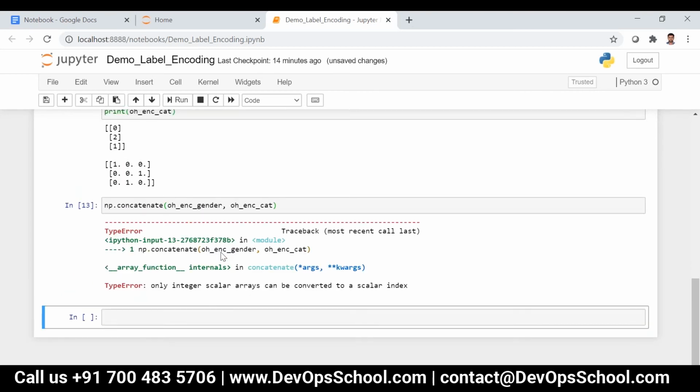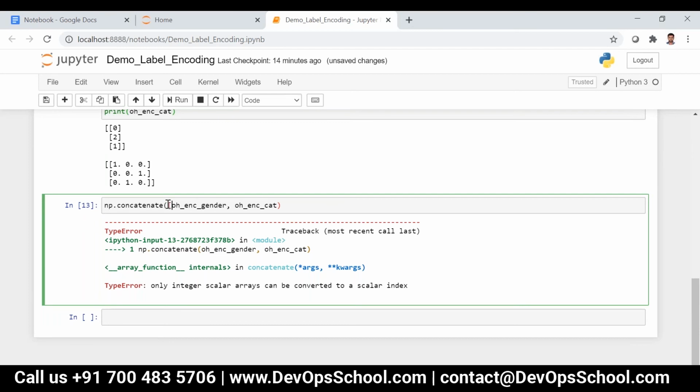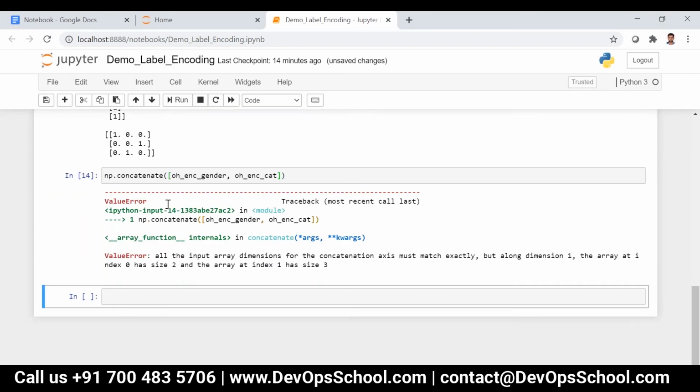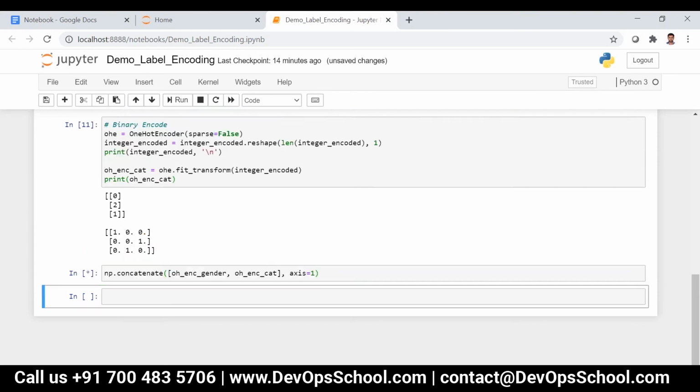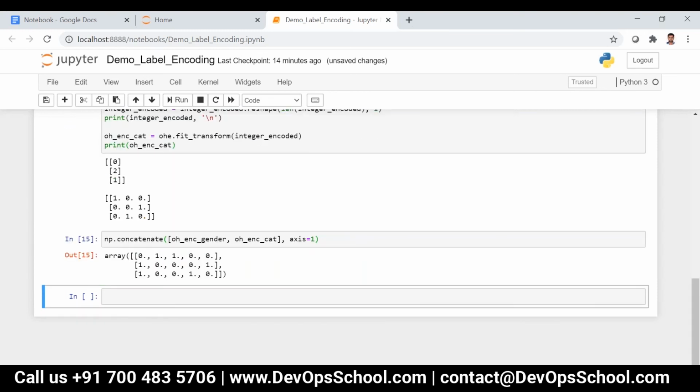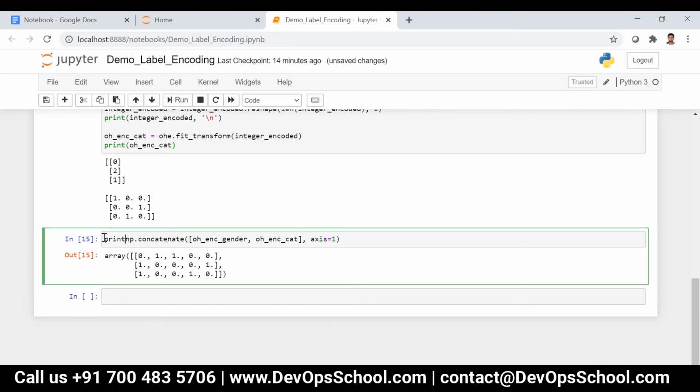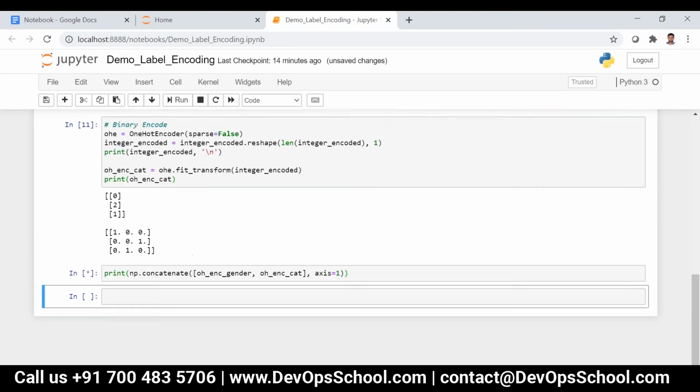Only integer scalar arrays. Okay, just give like this. All the input items for conversion must access. Okay. Now you can see here print of this.